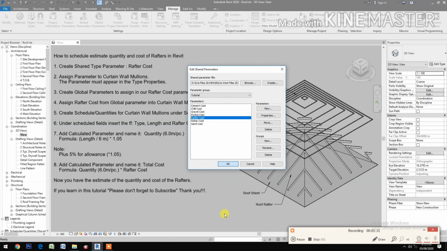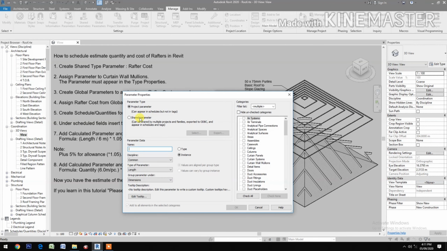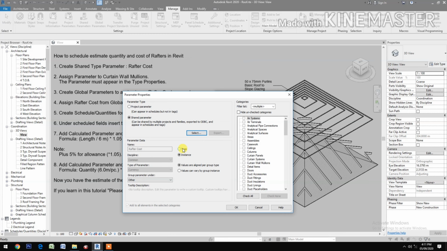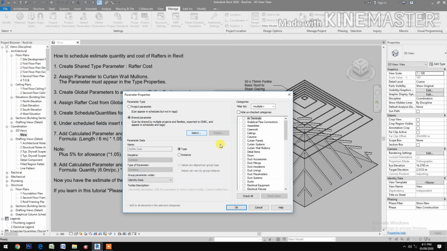and then okay, then go to project parameters, add, select shared parameter, select the Rafter cost. Okay, check type under identity data, then check the curtain wall mullions. Then okay,